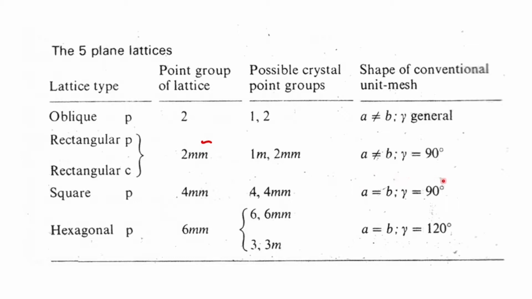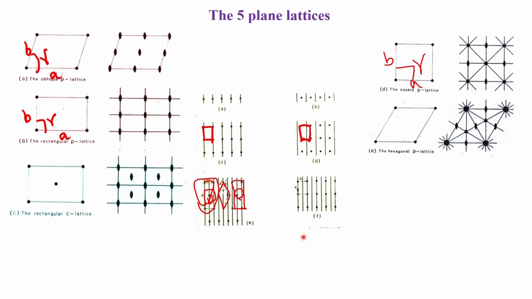And the value is a equals b, gamma 90 degrees, and when the value of gamma becomes 120 degrees, we have the hexagonal symmetry. The hexagonal symmetry, as you see, can also have the 3-fold symmetry, as we saw from the previous diagram up here. It has also got the presence of the 3-fold symmetry, 1/3 removed from the 6-fold symmetry, 2/3 removed from the 6-fold symmetry. We have the presence of the 3-fold symmetries, and the surroundings of these,